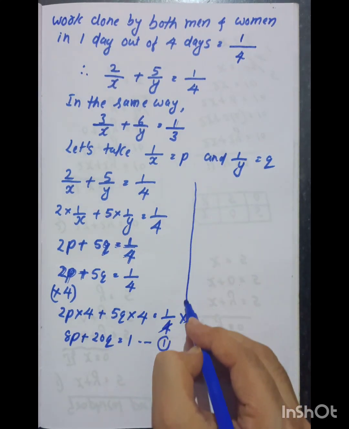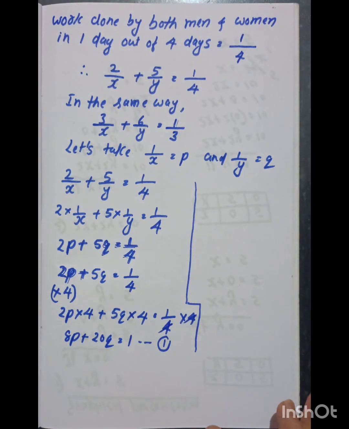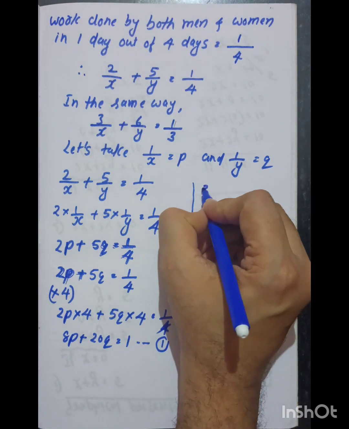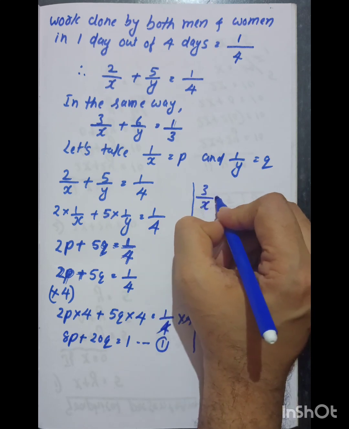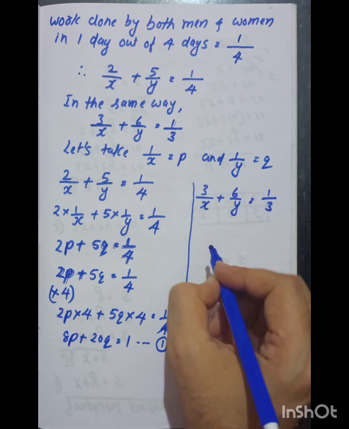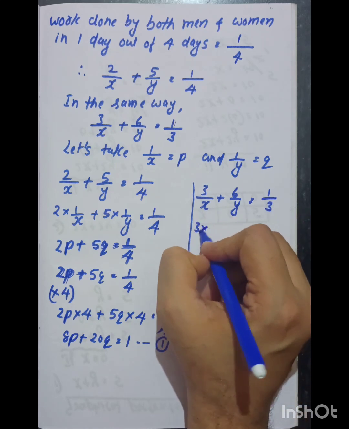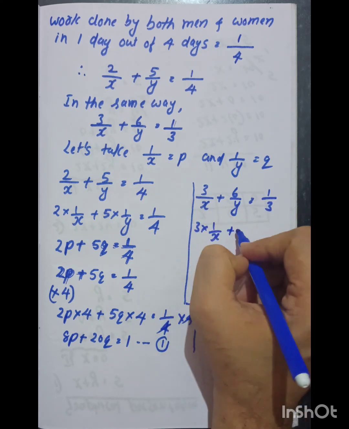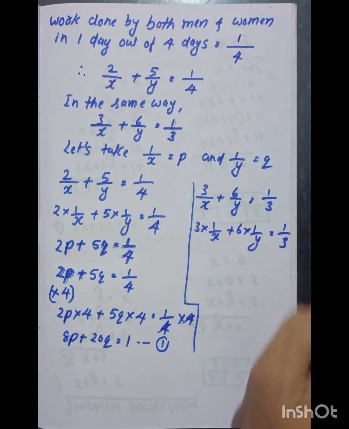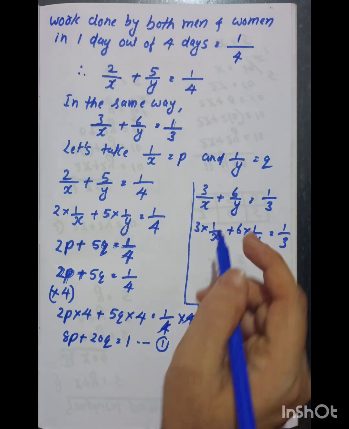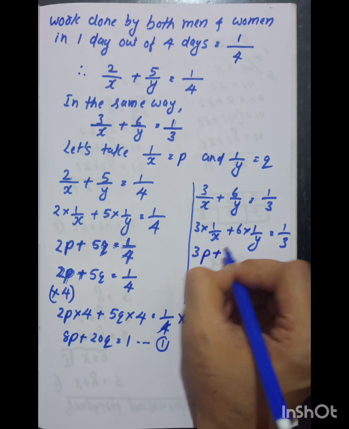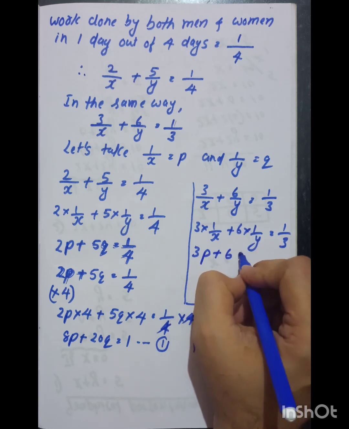In the same way we can do it for the second equation also. What is that? 3 by x plus 6 by y equals 1 by 3. So you can write 3 into 1 by x plus 6 into 1 by y equals 1 by 3. Now 3 as it is, 1 by x is nothing but p plus 6, 1 by y is nothing but q